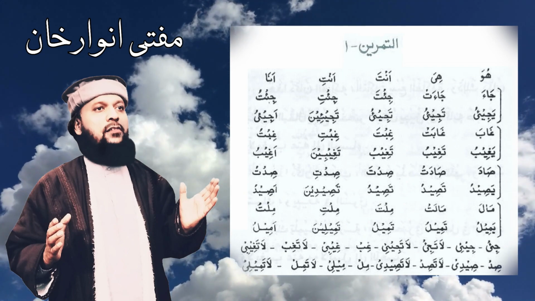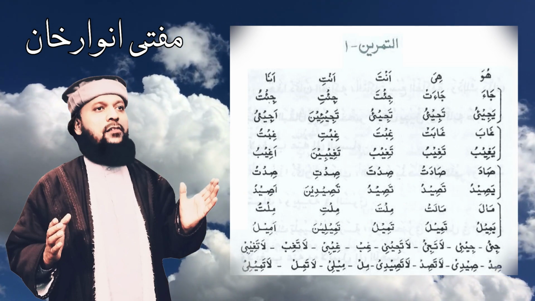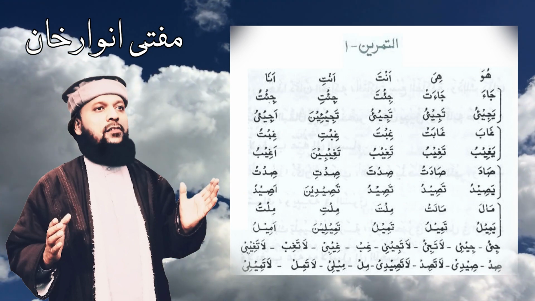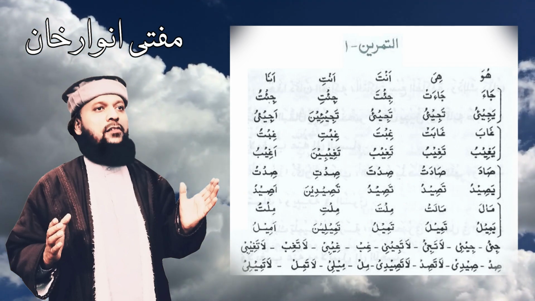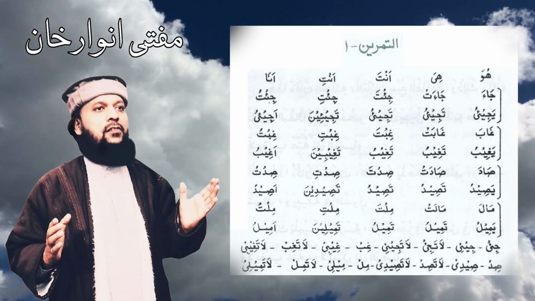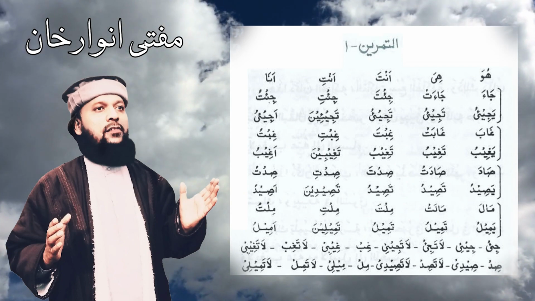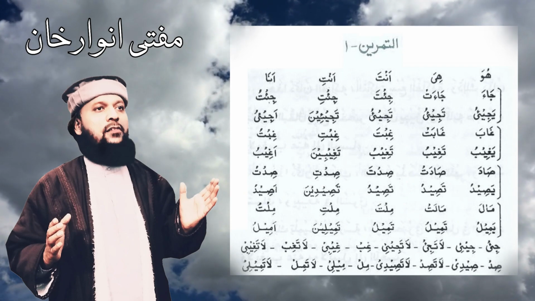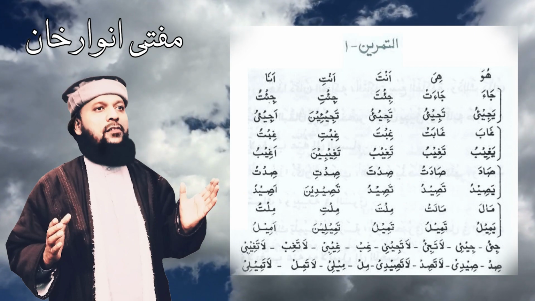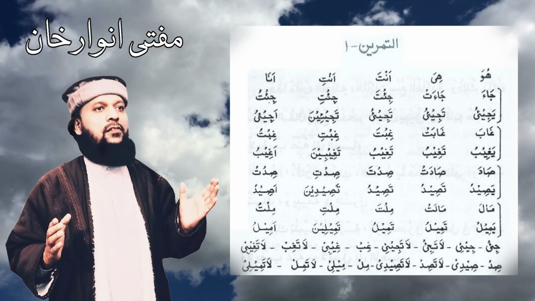Okay, so ja'a, huwa ja'a, he came. Ja'at, hiya ja'at, she came. Ji'ita, anta ji'ita, you came. Ji'iti, anti ji'iti, you came. Ana ji'tu, I came, for both male and female. Yaji'u, he comes. Taji'u, she comes. Taji'u, you come. Taji'ina, you female come. Aji'u, I come. So Ghaba, he was absent. Ghabat, she was absent. Ghibta, you were absent. Ghibti, you female were absent. Ghibtu, I was absent, for male and female both.